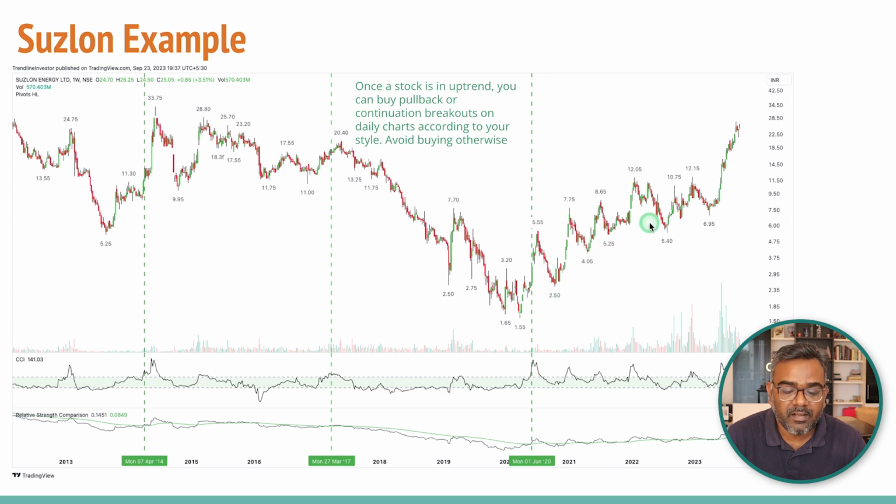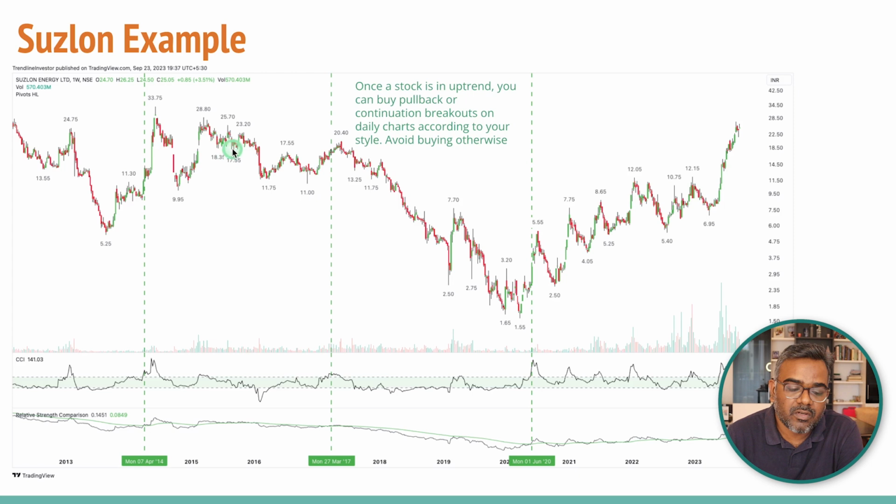This stock here is in a clear uptrend, but the price falls quite a lot. So you have to have the stomach to digest such falls, which means you need to be brave enough and accept that if you want real multi-bagger gains, you need to go through such deep drawdowns. After you buy the stock here, it heads higher, comes down, goes higher, comes down, goes higher, and comes down.